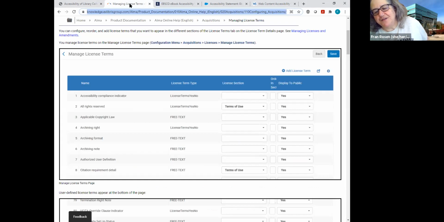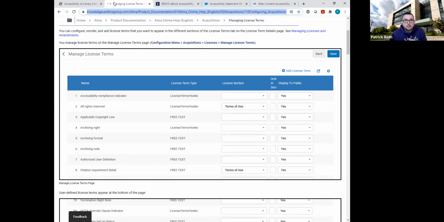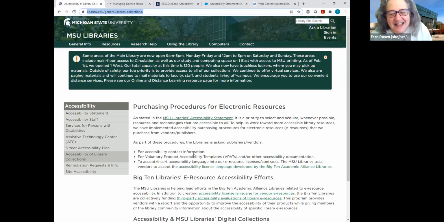Did that work? Do you still see the Michigan State screen, or did it switch? We see a managed license term screen. Okay, great, super. All right, I'm going to go back there now, but I just wasn't sure. I'm sorry, like I said, with Zoom, sometimes it's so